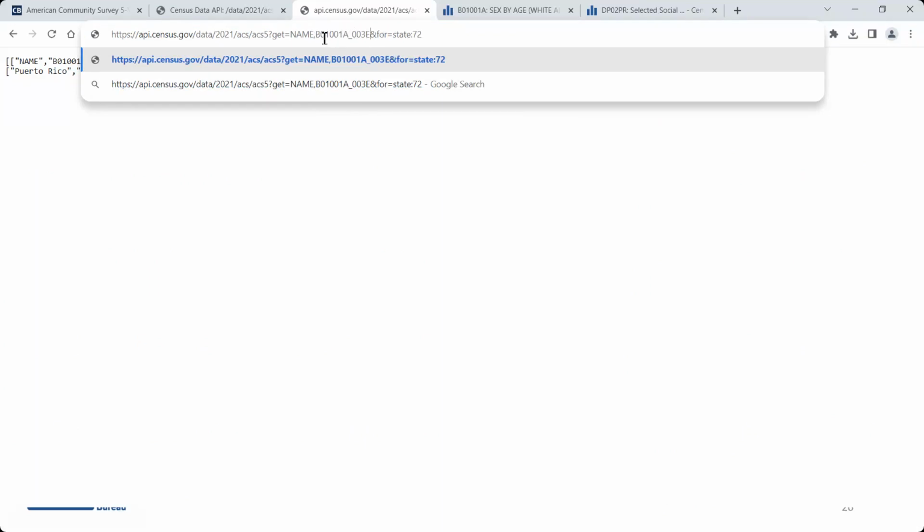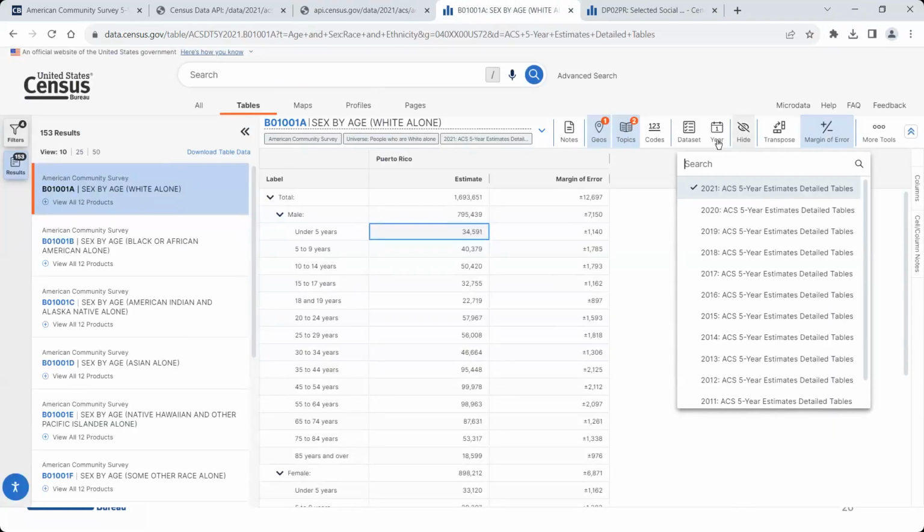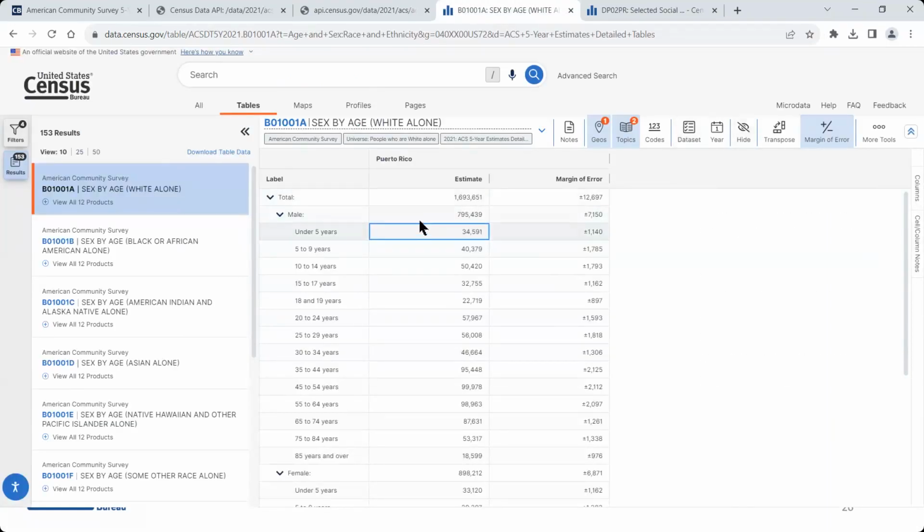Before we added in another variable, I actually wanted to remember to take a look back at data.census.gov that can hopefully help you visualize what these variables are representing here. So B01001A_003E. So let's remember that and come back over to data.census.gov here just for a second. B01001A is representing the table ID here. And then that underscore 003, if we actually physically count out 1, 2, 3 on this table, we can see that this is actually representing the third line of data in this table. And then the E in this case is just representing an estimate. So that's something to help you visualize what these variables are actually meaning here.